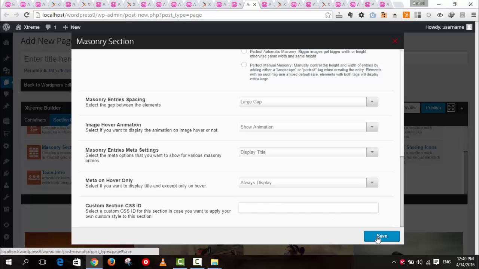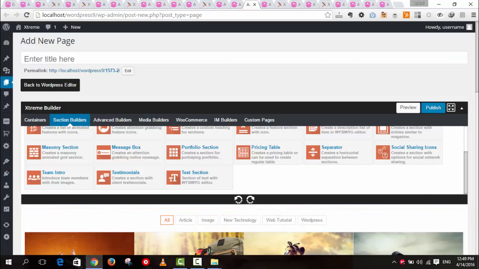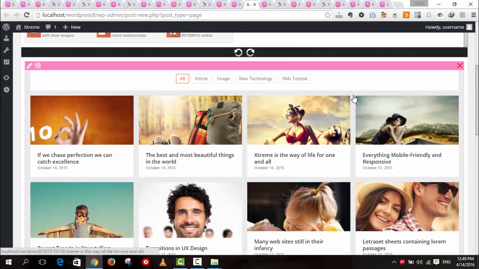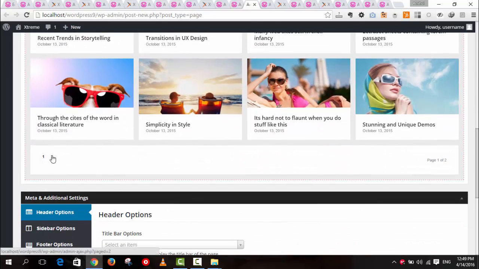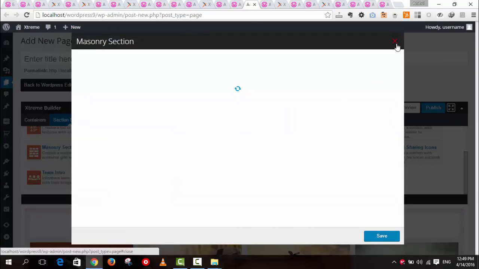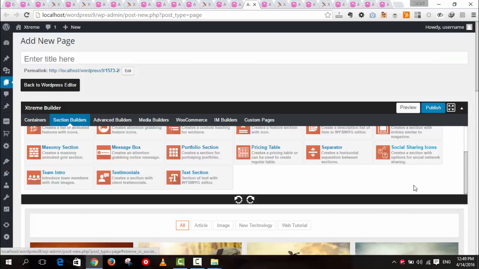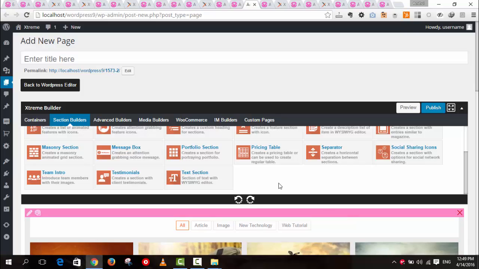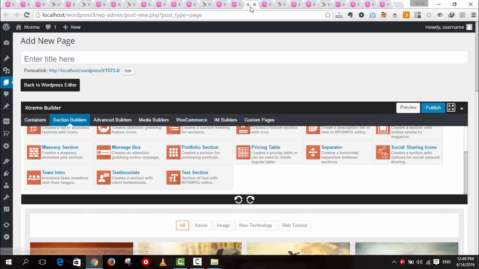So once I'm done with it, I'll just click on the save button and the masonry will arrange itself, and as you can see that we had given it a large gap, so this large gap comes over here. Alright, so this is the pagination working, and this way we can work with the masonry section. Alright, so now that I'm done with the masonry section, let's move ahead to the message box shortcode in the